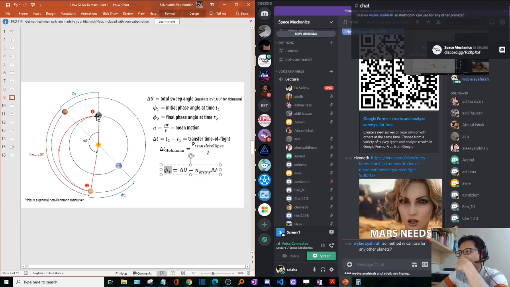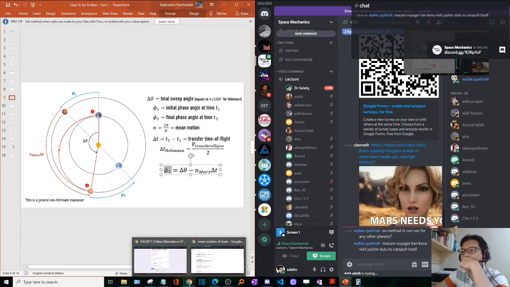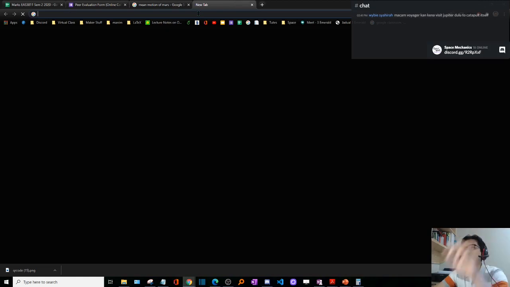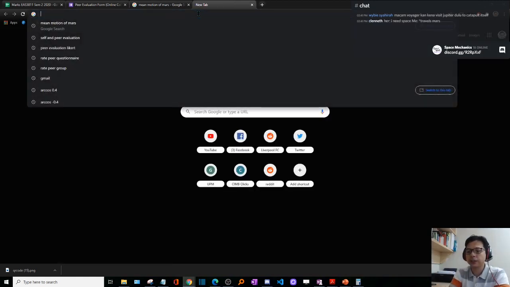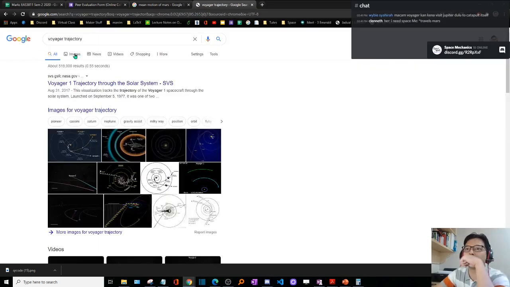Okay. If you're talking about much of Voyager, yes. So just to answer your question, this is an easy way. For the basics, you need to actually know how to do this patched-conic approximation. But if you want to go to faraway orbits like Pluto, for example, you can see it's really